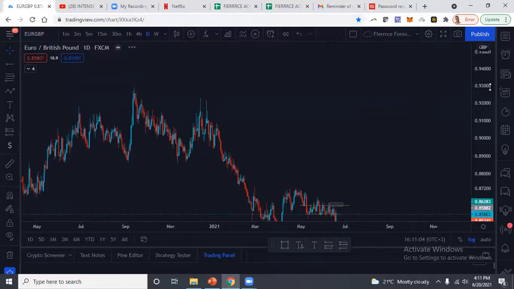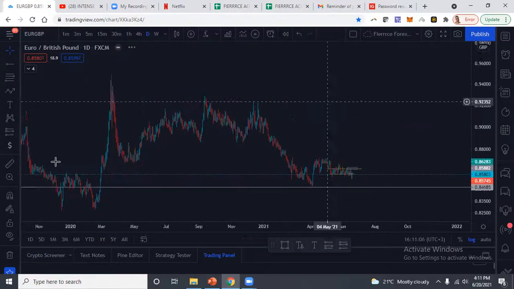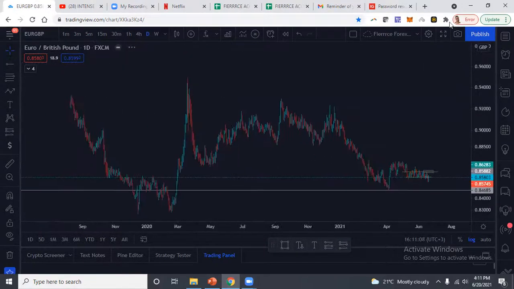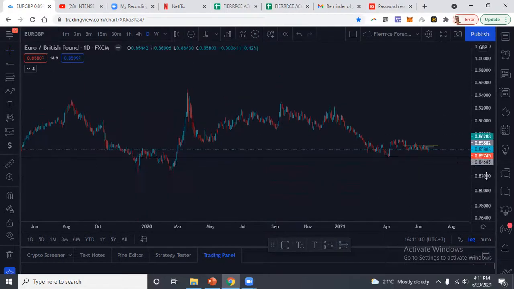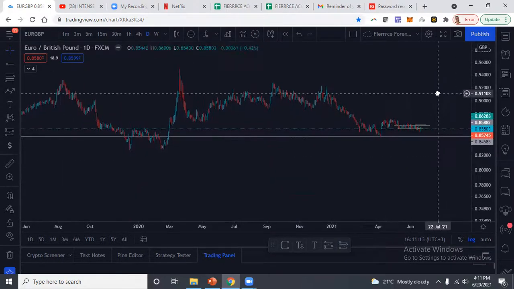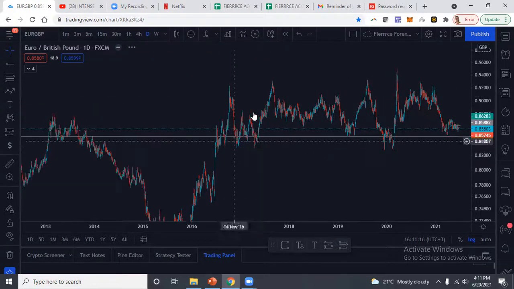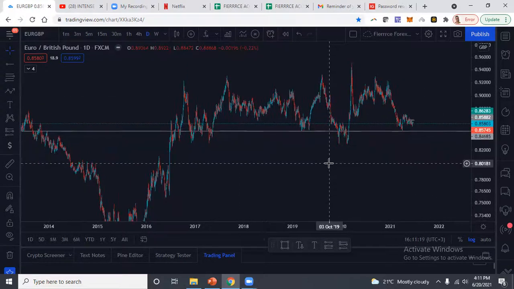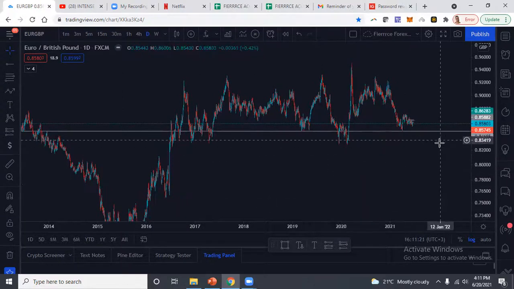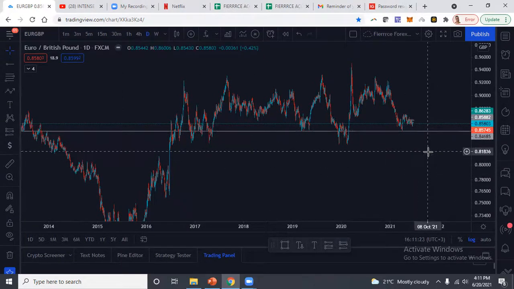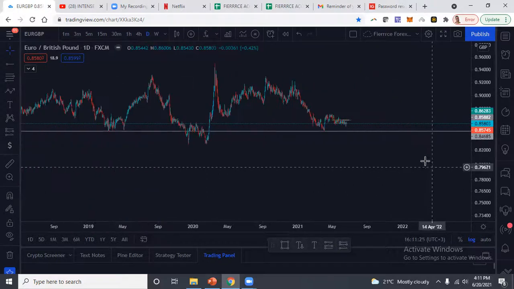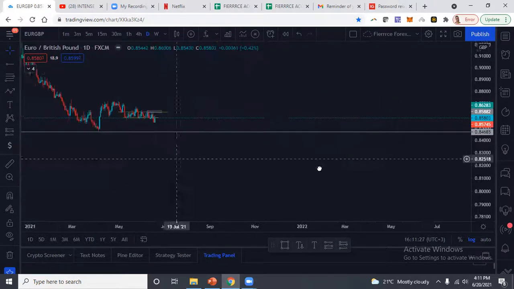Let me look at Euro GBP, which I don't really trade anymore. I find Euro GBP is just not my thing. I have definitely attempted a couple of times. I just find it sometimes very unpredictable. We have been in a very strong distribution phase on Euro GBP, and we look like we may want to just drop lower.